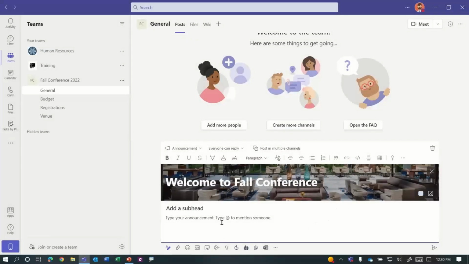Now, that's the announcement header, but what is the announcement about? So I'm going to put in here, what is this team for? And then in the subject or in the content, I'm going to say, we will use this team to coordinate all areas of the fall conference.